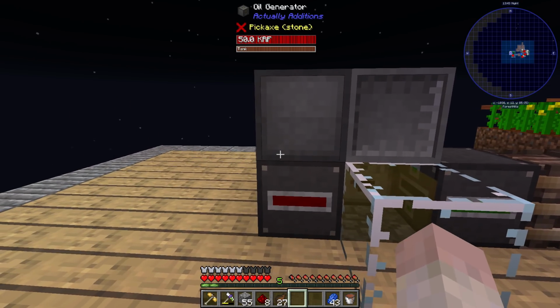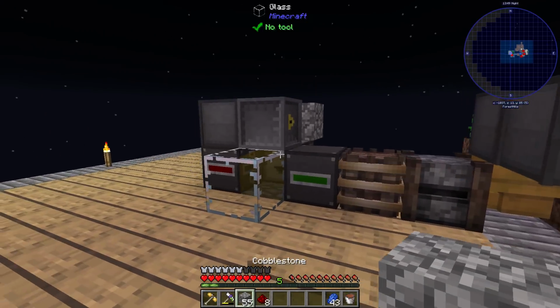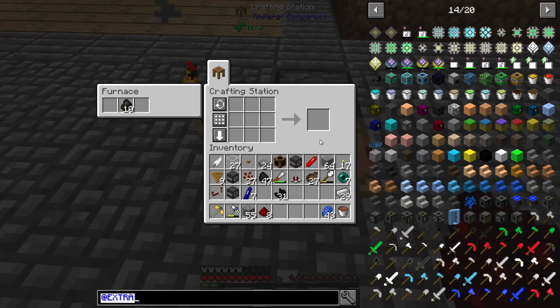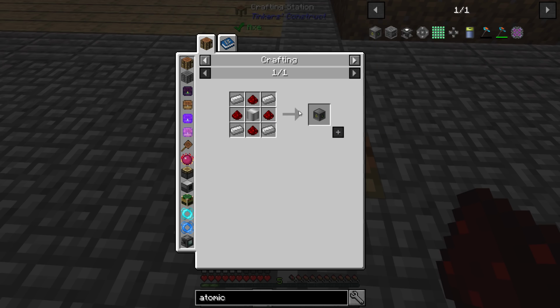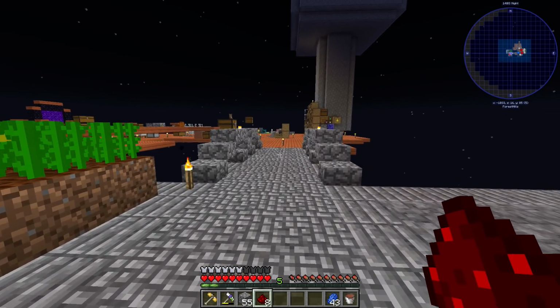It seems like we're going to have a lot of oil, so we may not have an issue. In fact, what we might have the issue with is what's coming on now, because we need to make ourselves another one of these atomic reconstructors. And I'll be completely honest with you, I have forgotten what they are, or how to make them. So let's go atomic, like that, and reconstructor, because this is how we are going to be making our own reproducible